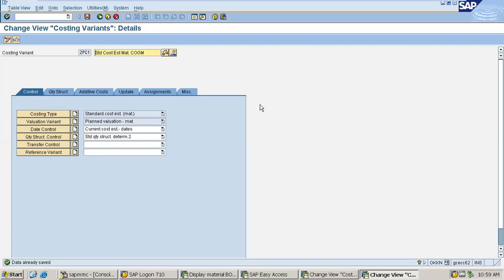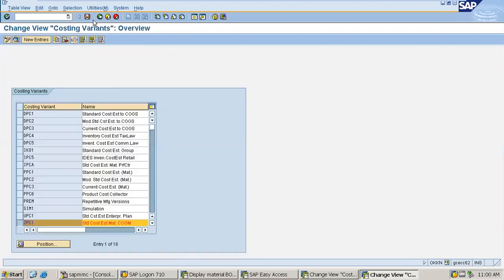Now why is the costing variant required? Once you do the costing of a material, the system itself will ask you the costing variant based on which you want to cost the material. So for this purpose the costing variant is created. Now a company can have multiple costing variants, so that also depends upon the business requirement. If it is the case, then you can create multiple costing variants, and while doing the material costing, you have to choose the appropriate costing variant which will be applicable for which material. You have to understand that. So this part is clear now.